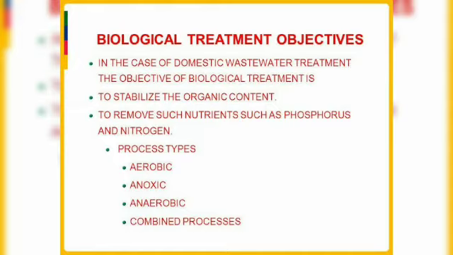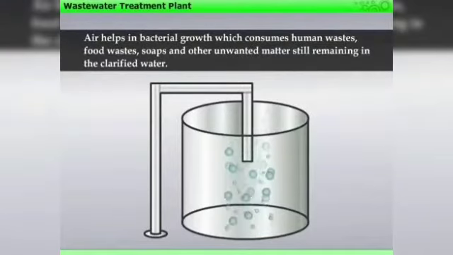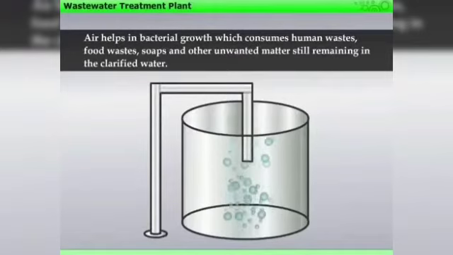This goes to the aeration tank for the process. It goes to the aeration tank where aerobic bacteria is added to it to feed on the biological waste. See, we are including aerobic bacteria to feed on the biological waste. Okay.